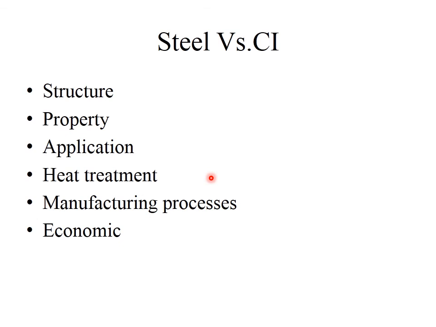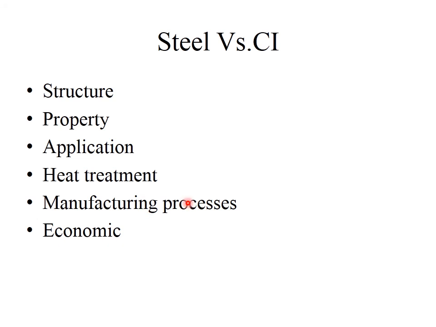Then manufacturing processes. How we can process steel and cast iron. So which manufacturing process is the best suitable for steel and cast iron? We know manufacturing processes, right? Whether we will go for metal forming, metal casting, metal cutting, metal finishing, metal joining. So which kind of manufacturing process is convenient for steel and cast iron? So that also is one of the